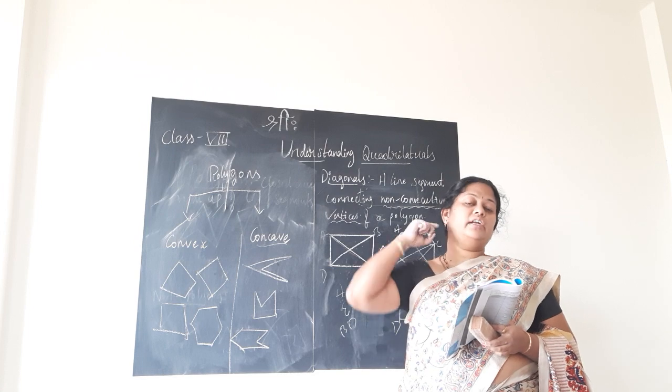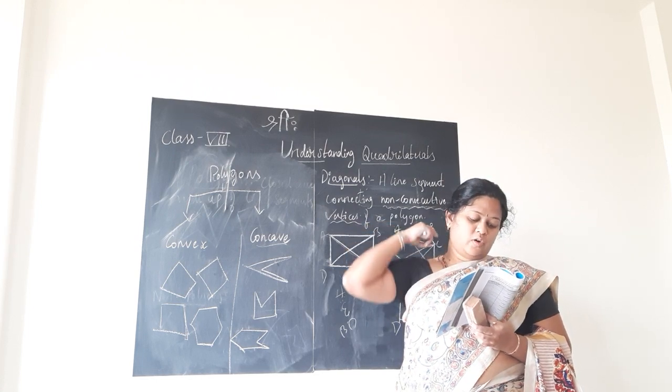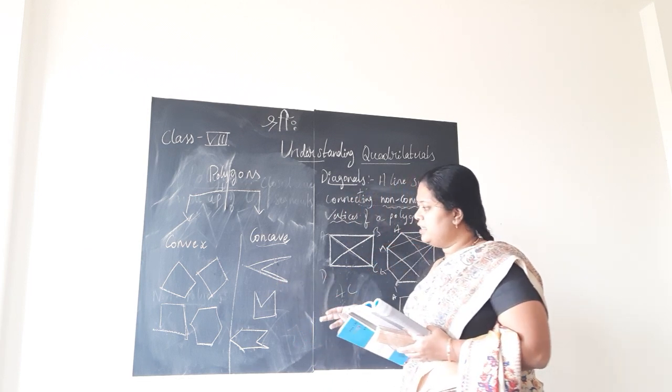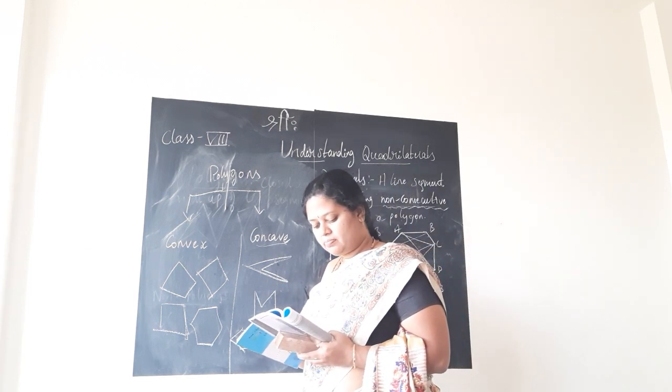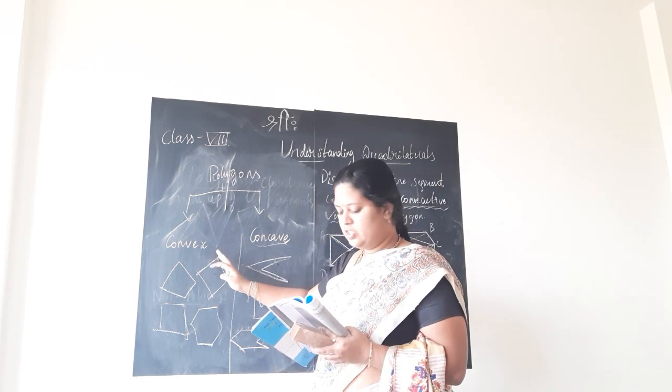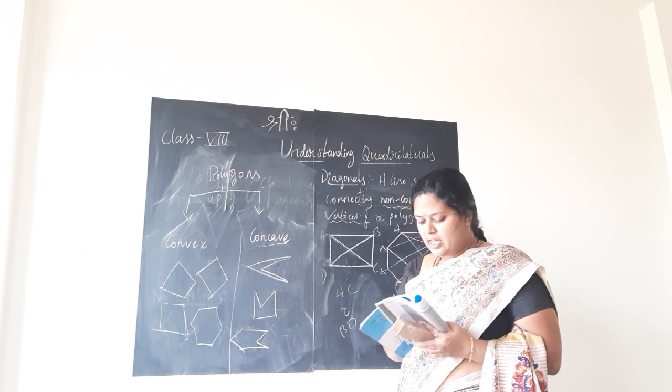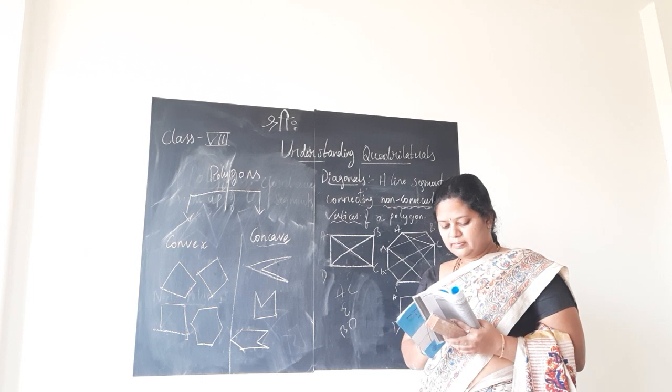They are explaining it in terms of the diagonal. Polygons that are convex have no portions of their diagonals in their exterior. Convex polygon means, children, the diagonals don't have any exterior portion. But here, in case of convex, then